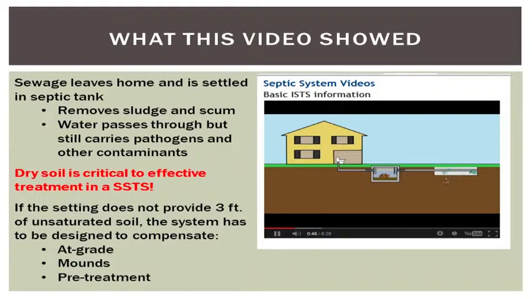To do this, we need 3 feet of a suitable soil between the bottom of the system, the bottom of the drain field discharge point, and what's called the limiting layer in the soil. That limiting layer is one of 2 things. It's either a seasonally saturated soil, commonly known as a water table, or bedrock. If your soil cannot provide this 3 foot separation distance, which is needed to get rid of all the pathogens that are found in the sewage, then the system has to be elevated either at grade or elevated above grade with mound sand to make up the difference that you're lacking with that 3 foot separation distance.